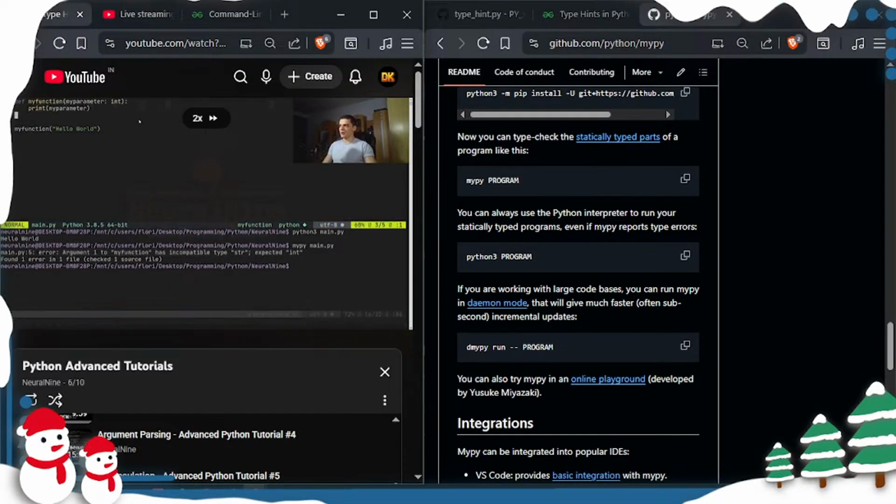This is an error. Even though the code is not wrong in any way, MyPy says this is not consistent with the type hinting. So if I change this to 10, for example, this is going to work because then we're passing, in fact, an integer, and we're expecting an integer, so we get success, no issues found. Now, we cannot do this only for the parameters. We can also do this for the